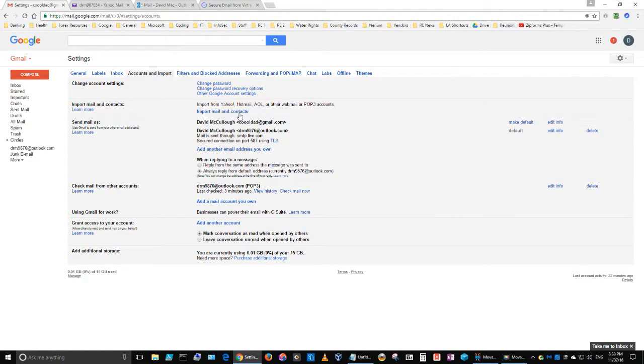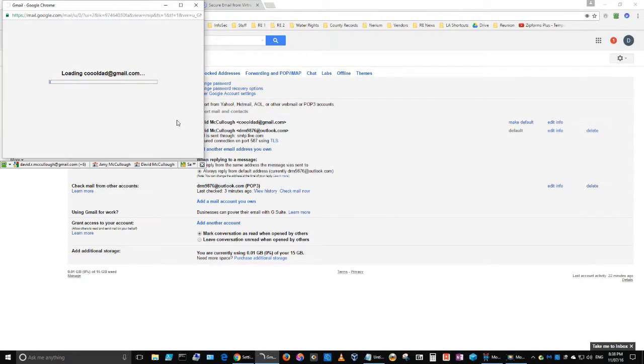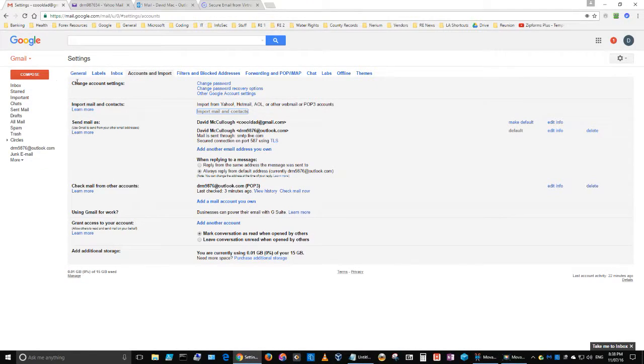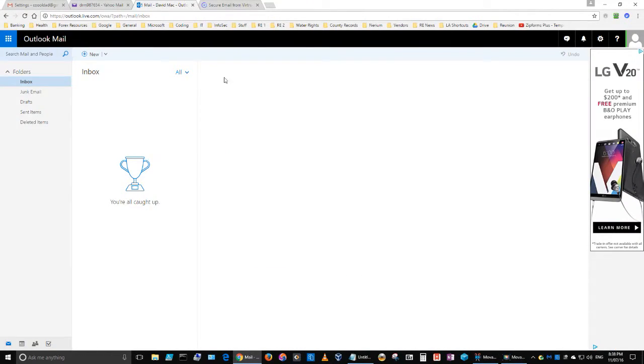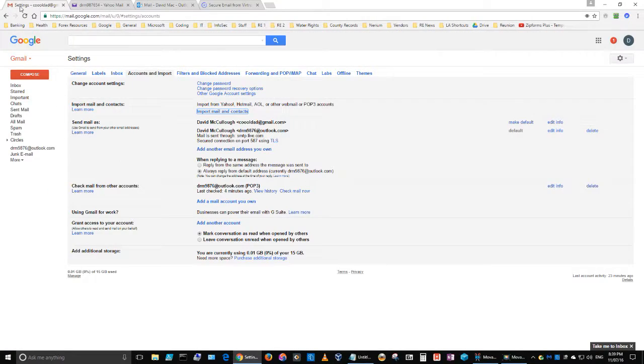So what you do is you can go up here to this import mail and contacts link, click on that, and it takes you through this little wizard. It says which account do you want to import from, and then just go through that. What it does is it pulls in all the emails that are existing here, and it'll take a while. If you've got a lot of emails, it'll take a